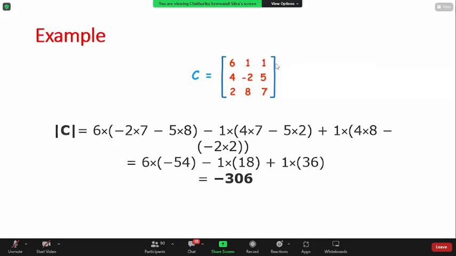Right. So with respect to the first row, 6 times the determinant of this 2 by 2 matrix, right? So that is minus 2 times 7 minus 8 times 5, right? So then 1 times, so this 2,